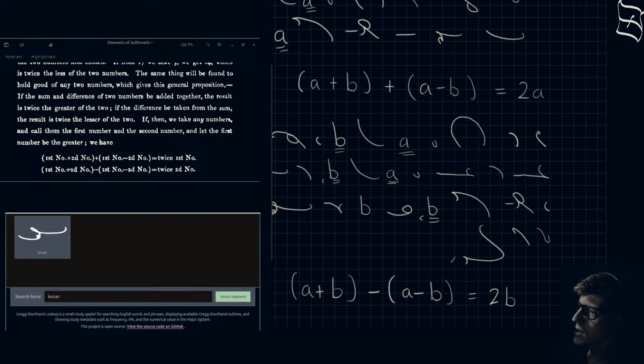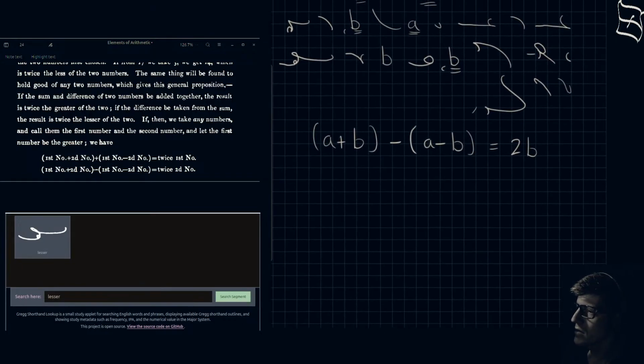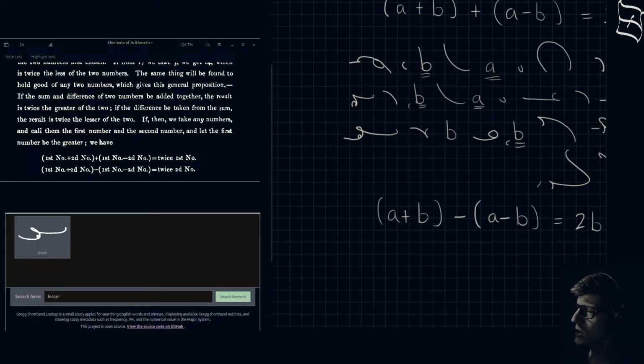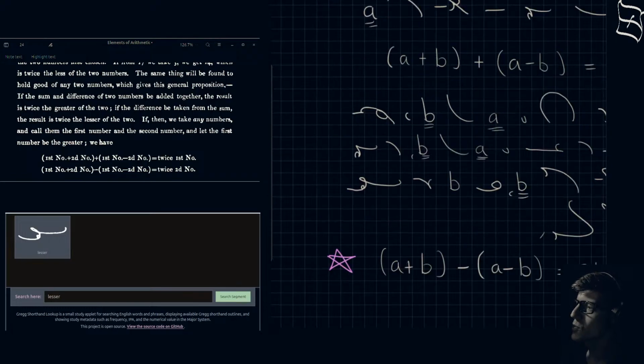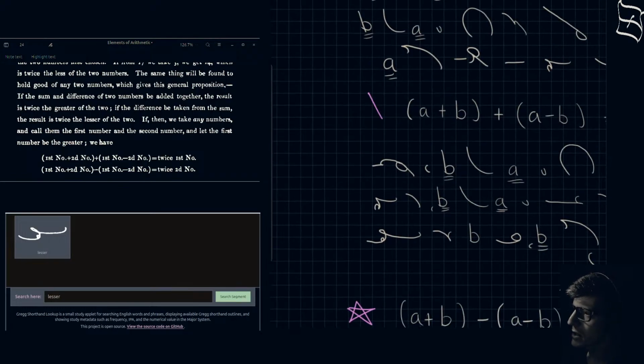The sum of two numbers, when added to the difference of two numbers, will result in twice times the larger of the two numbers. The difference of the sum of two numbers and the difference of the two numbers will result in twice times the smaller of the two numbers. Okay, so those are two equations which are going to be pretty useful to remember, because there will be cases where it's going to be useful to know that relationship, okay?